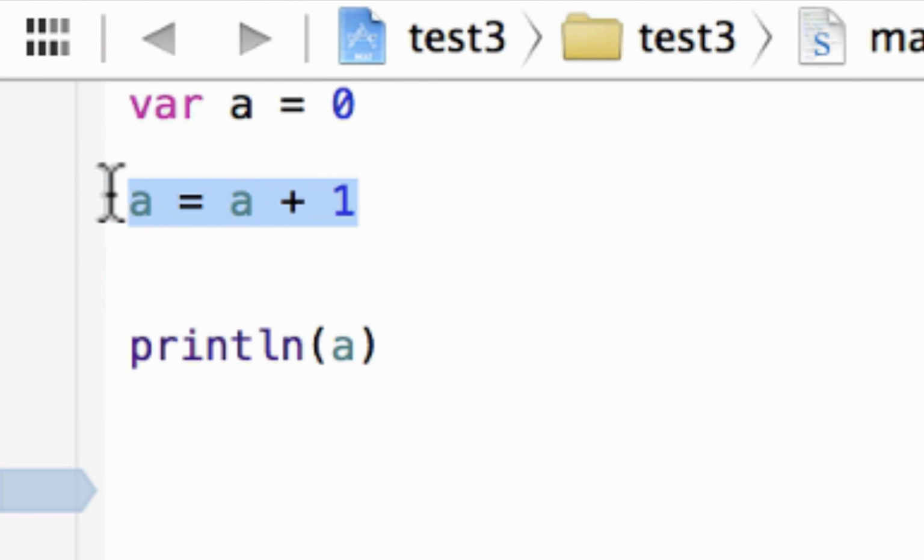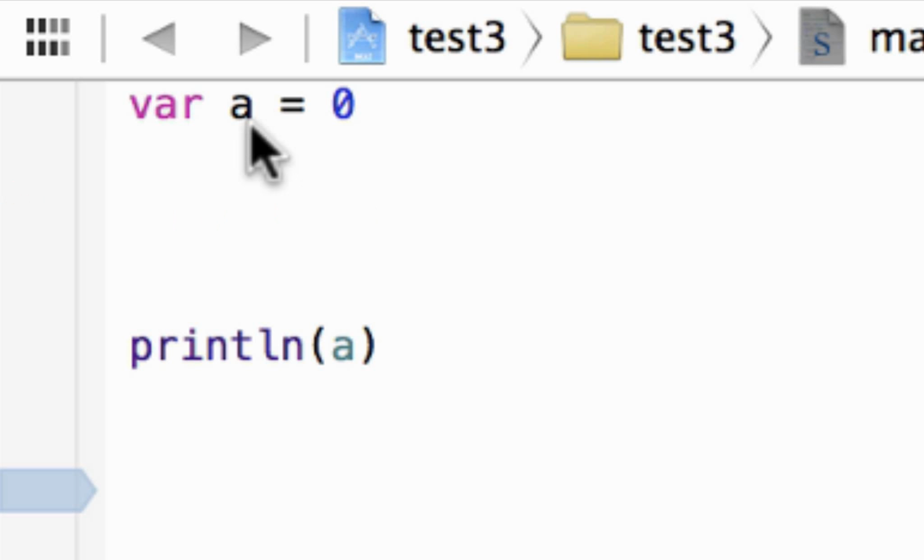So this statement is long and unnecessary. We have a way to increment and decrement without typing all this code. So I'll show you how to do that right now. So we're going to keep this declaration. We're going to keep our variable a, but now we're going to declare another variable. Let's use the let keyword here. So we're going to create a constant. We're going to say let b